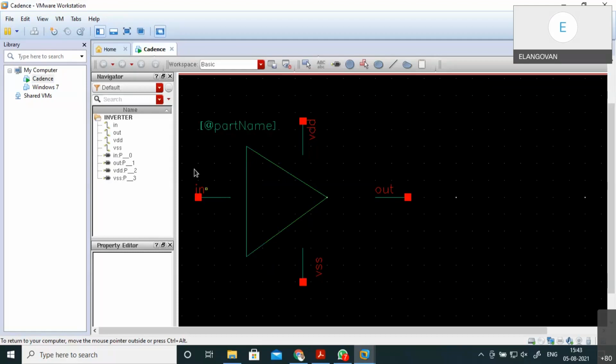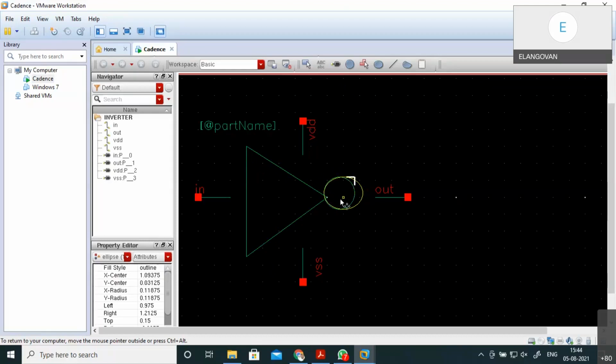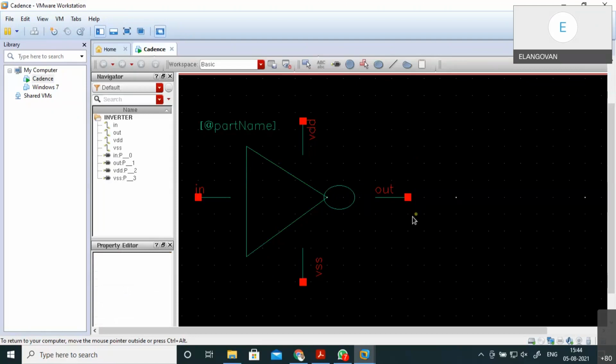So yeah, we all know the symbol of the inverter, right? I'm making the symbol like a triangle with a circle. Same symbol I'm using. While you are doing it, please do it perfectly.